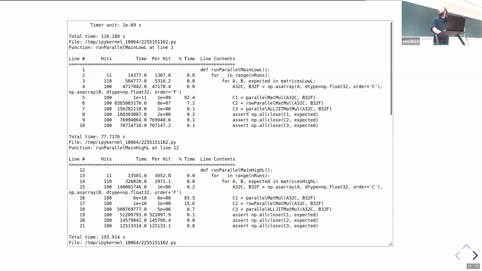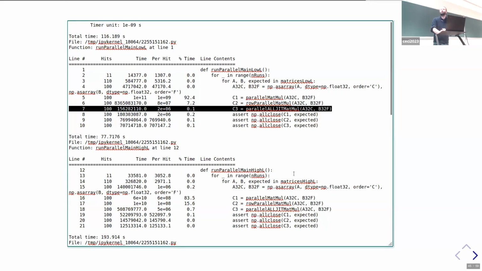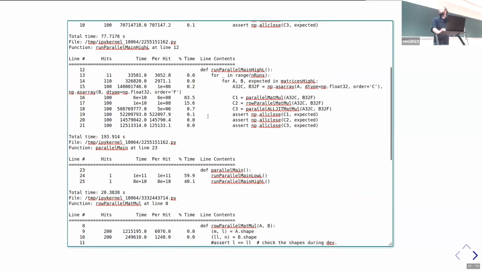And we can see that there is a pretty clear winner here. I mean, we are at 0.1% of the time compared to the others. So that looks cool when we compare them with the other. Here it's also pretty fast, but